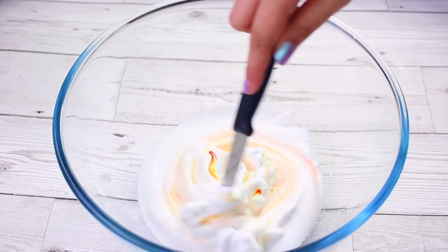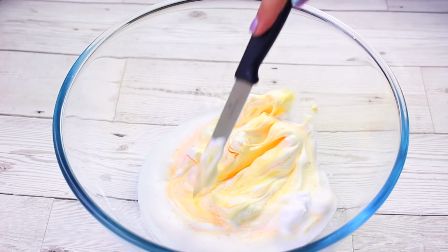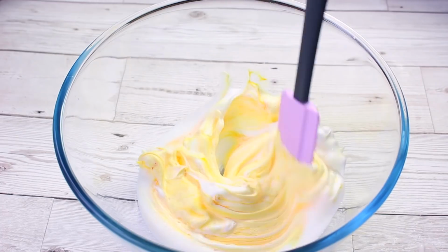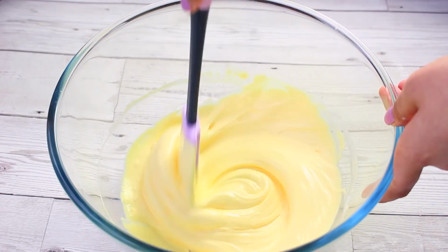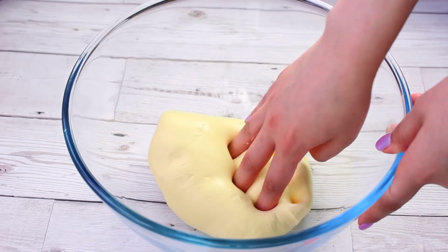When you're colouring the slime, make sure you add a tiny bit more yellow colour than you think you need because we're going to be adding the white Daiso clay, and when we do this, it's obviously going to lighten the mixture. So I just mixed this all in, and as you can see it's quite a vibrant yellow colour. Once everything's mixed in, we can go ahead and activate it, and I just use my borax solution for